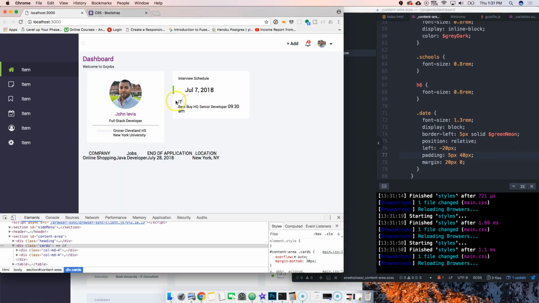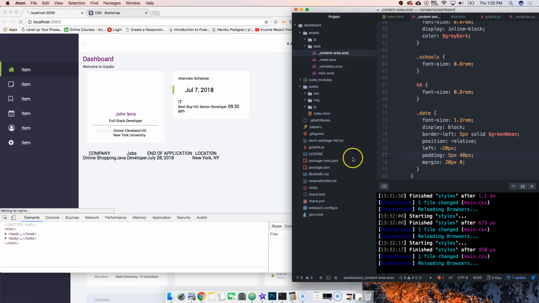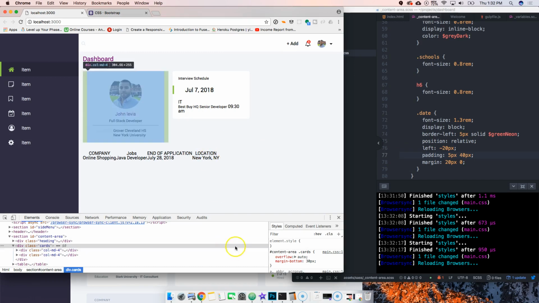Alright. Now every other thing here we want to have a padding of 40 pixels too. So you know what? Instead of doing it through there, what we're gonna do is we're going to do it through, let me see. Now you know what? That is right. 40 pixels here, and then